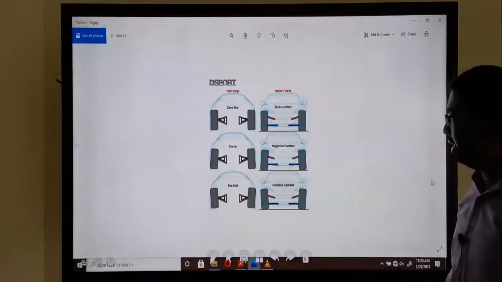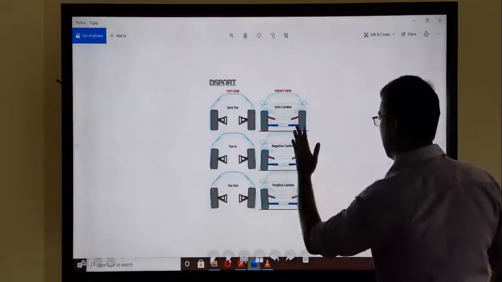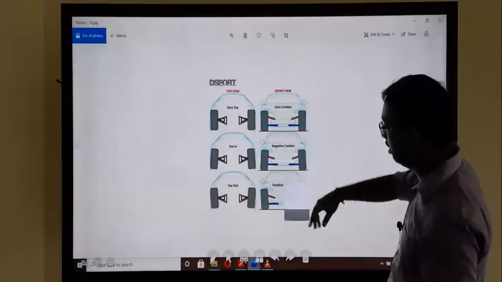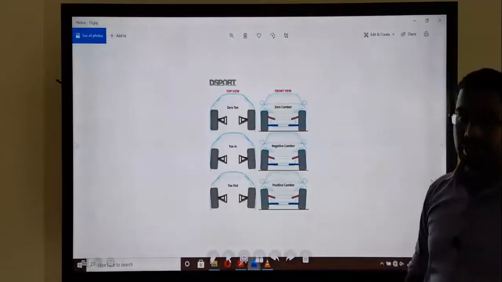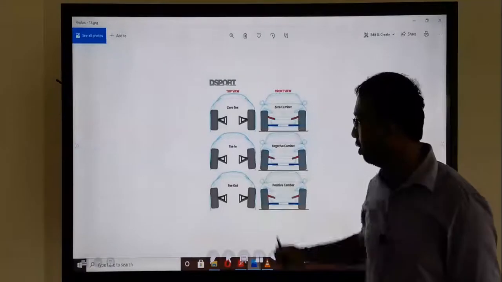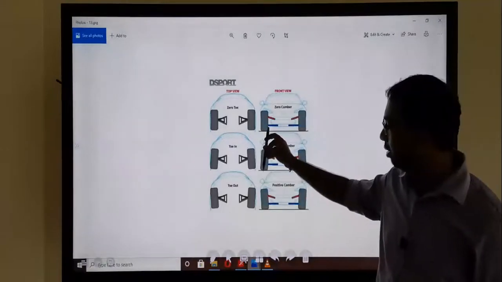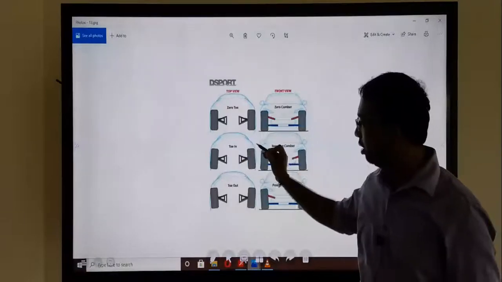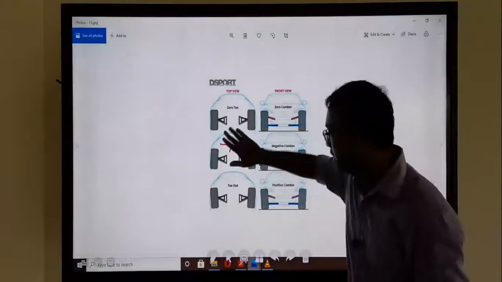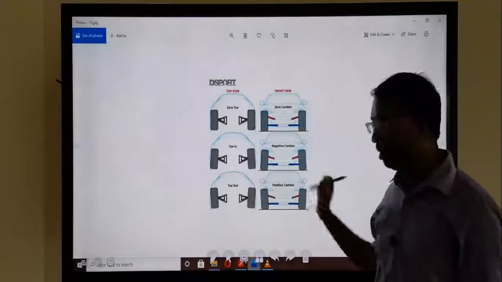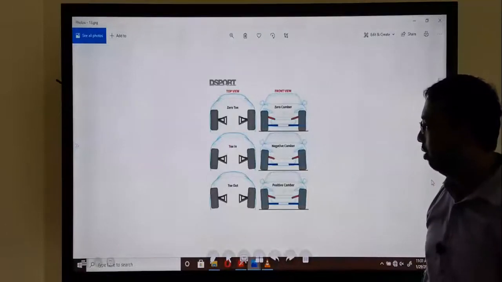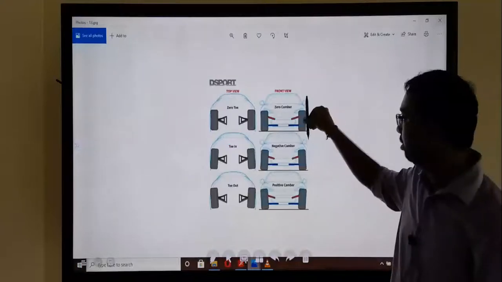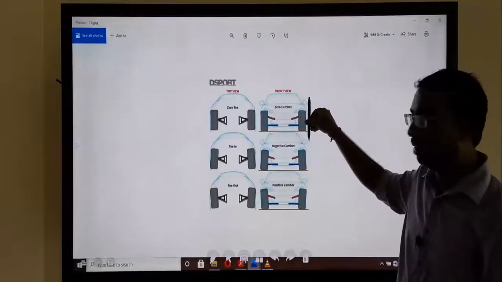Because we have to align this to vertical. So here, for the alignment, we use the word toe-in. Toe-in means the wheels are inclined to the inside. If they are inclined to the outside, that is toe-out. However, how do we adjust? We have to maintain the wheel vertically, perpendicular.